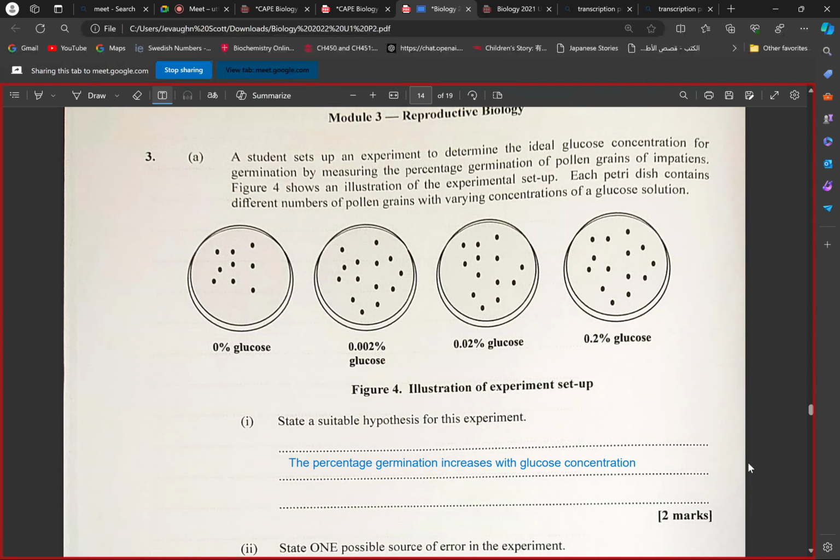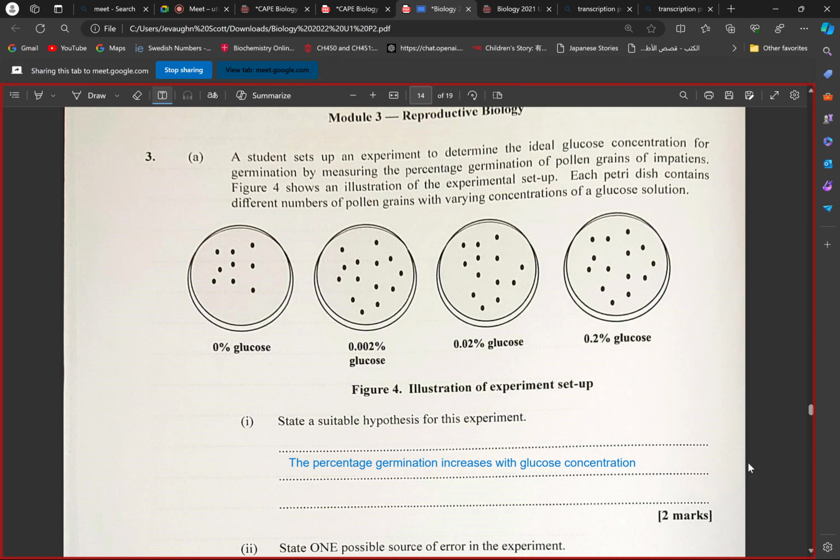The dependent variable is the responding variable, right? The dependent variable is the outcome or the result that is being measured, while the independent variable,